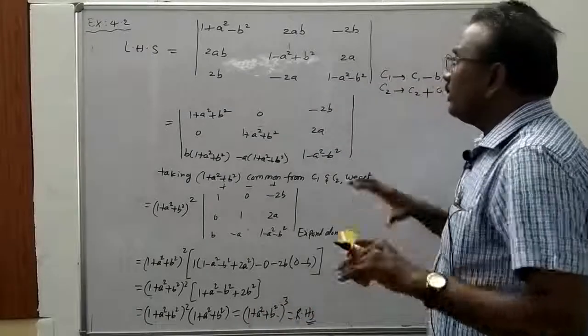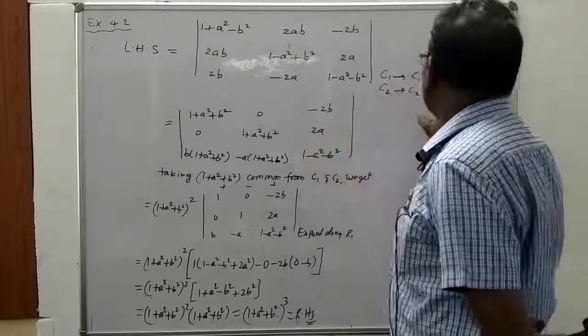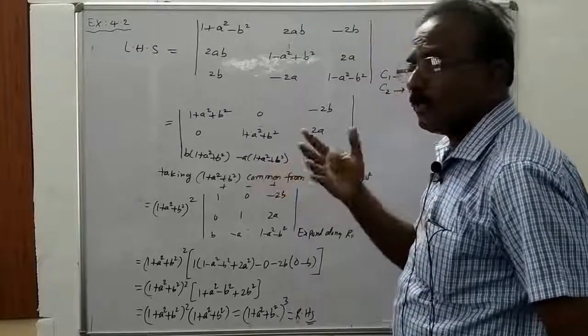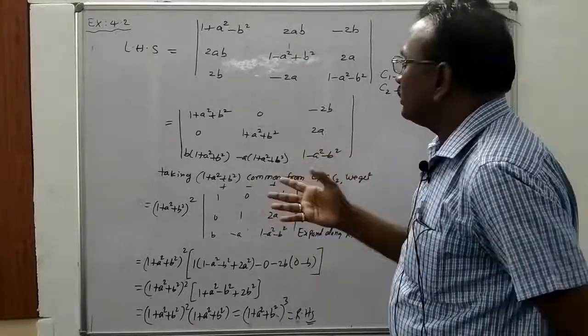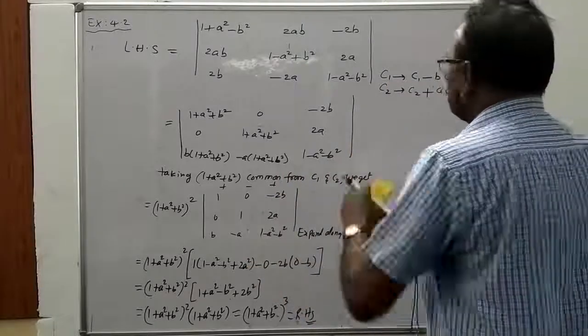Here also elements are very important. How to take common factor from the RHS? Observe the RHS and observe the elements, how to get the common factor using the operations, either row operations or column operations. So that is more important. So next,